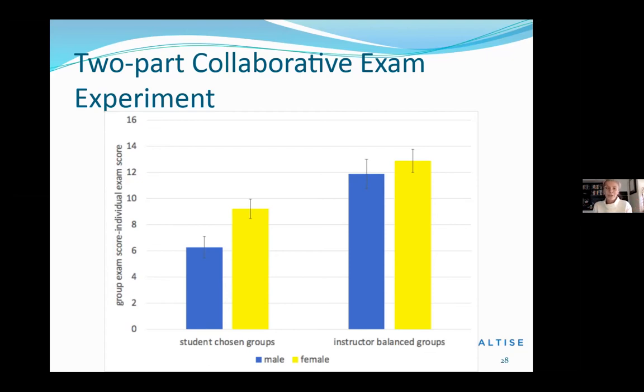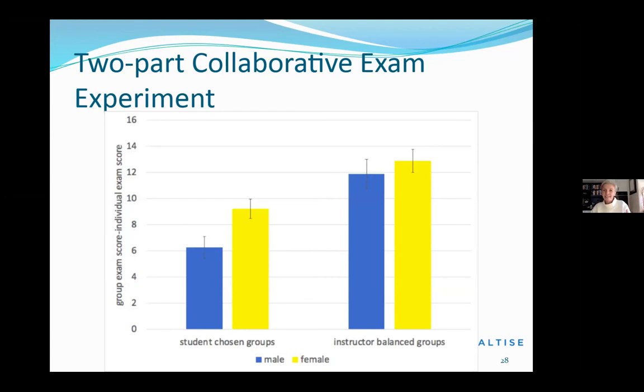So we were really surprised by this, because what it looks like is that when you let the students choose their groups, it advantages women, right? The differential for the women's scores is higher than for the men's scores. Whereas when we make it contrived and we balance the groups for gender, then there is no difference. So, of course, we had mixed feelings about this. And of course, we would like to do it again and flip the conditions.